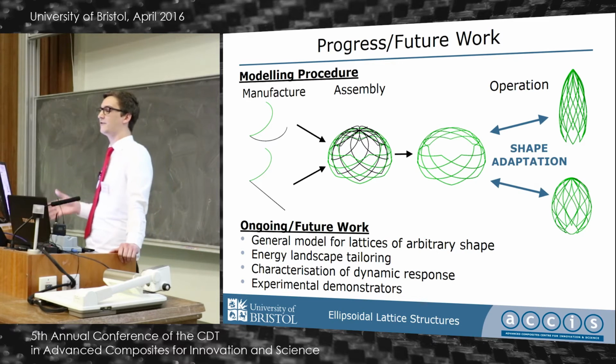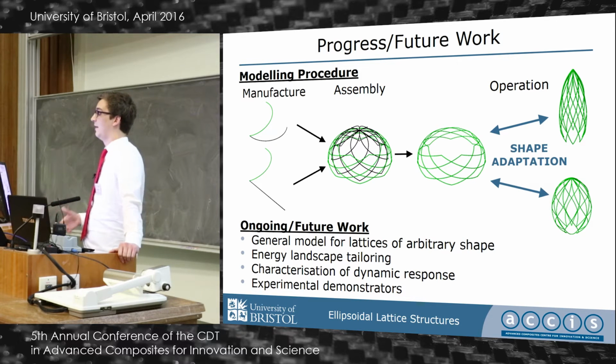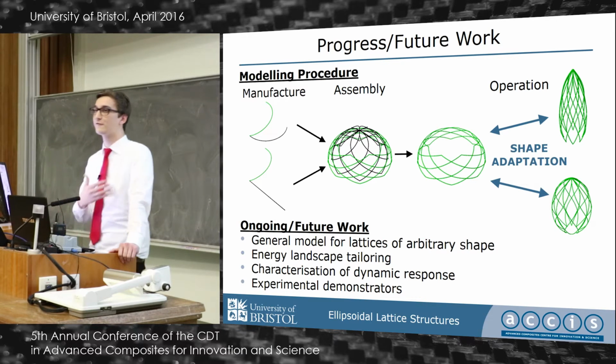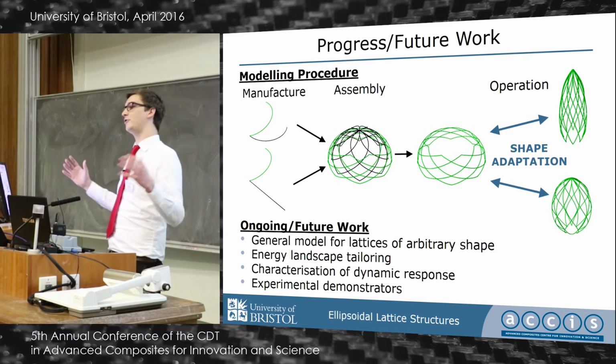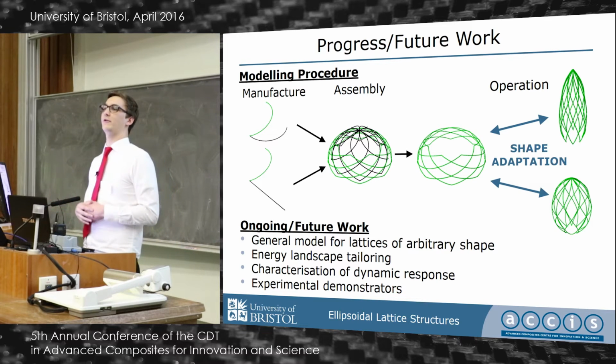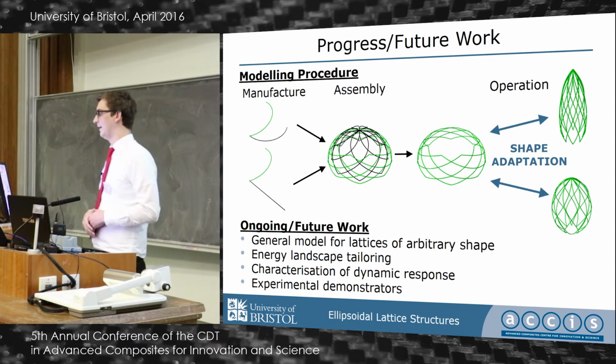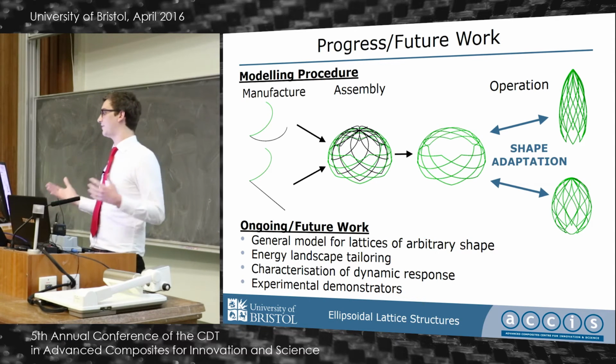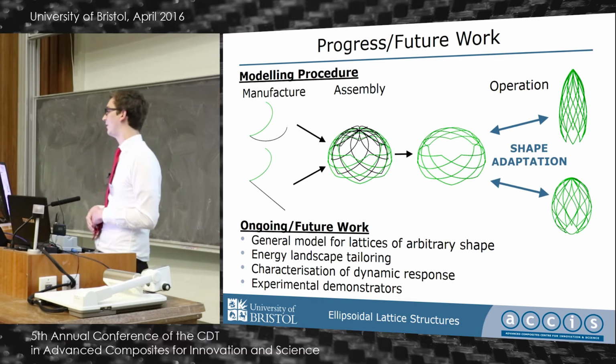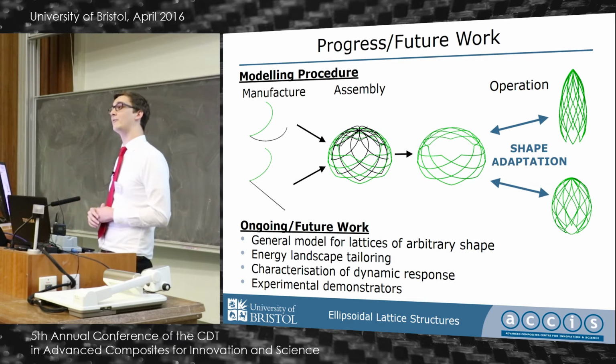So first of all, there's a manufacture stage where I can include pre-curvature of the structure of the individual beams, and this can be the same for the cylindrical lattices. Then I have the assembly stage, which differs from the cylindrical lattices, whereby I can induce my ellipsoidal curve, or whether I want to extend that into other shapes of cones, hyperboloids, paraboloids, and all of that sort of stuff. Now, when it goes into the final stage, which is the operation, this is where it becomes interesting, and we get some of these additional behaviors that I was talking about.